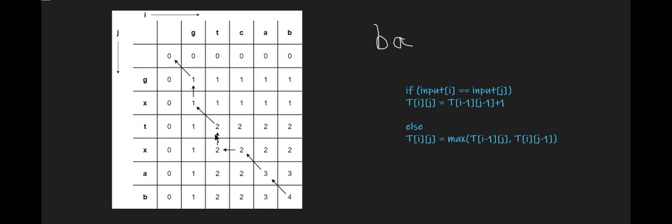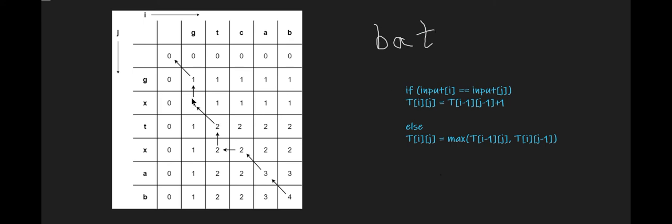Maximum of 1 and 2, as we all know, is 2. So hence we move upwards. This 2 has come from this entry here. So we move vertically upwards. Next we have to check from where did this 2 come from. So we have to compare this T with the respective row. Here the character is T. Both are equal. Hence this 2 has come from the upper diagonal element. So we have to note down the particular character, that is T. It will be included in the longest common subsequence.